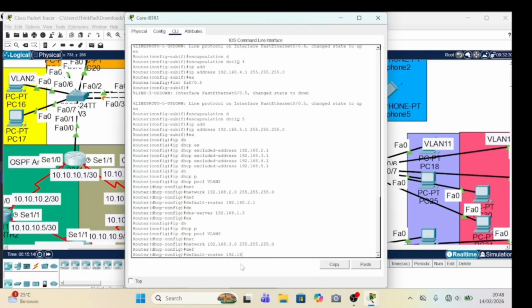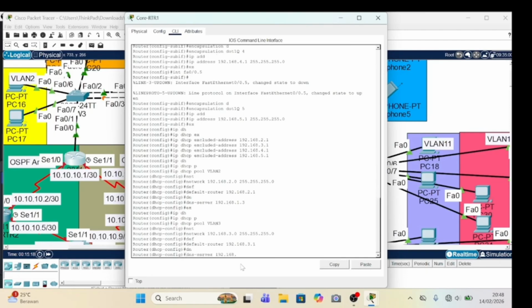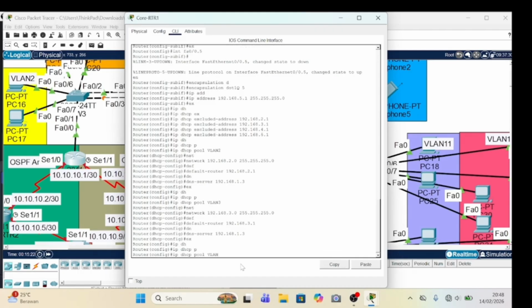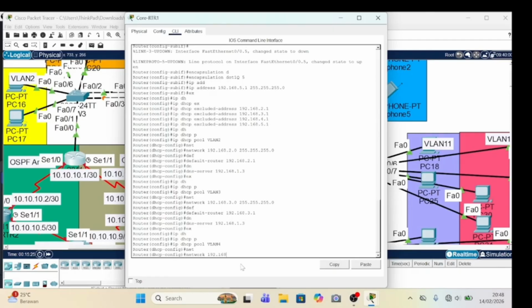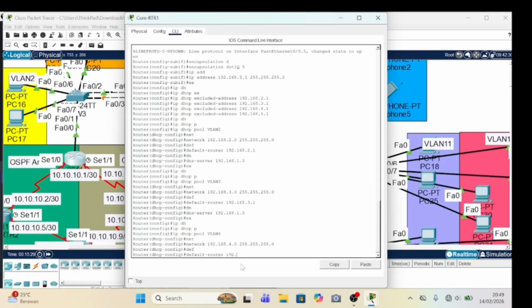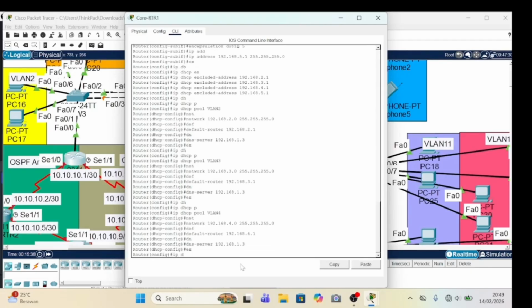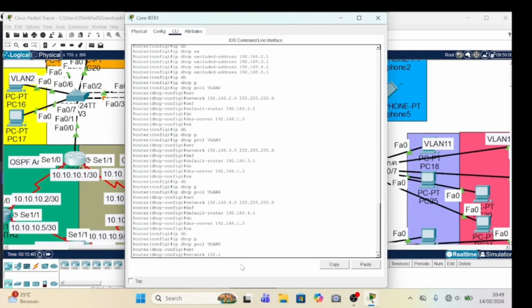and default router, and DNS. Okay, next exit. And now IP DHCP pool VLAN 4, same network VLAN 4, and subnet default gateway, and then a server. And next exit, and now last DHCP pool VLAN 5, network VLAN 5,